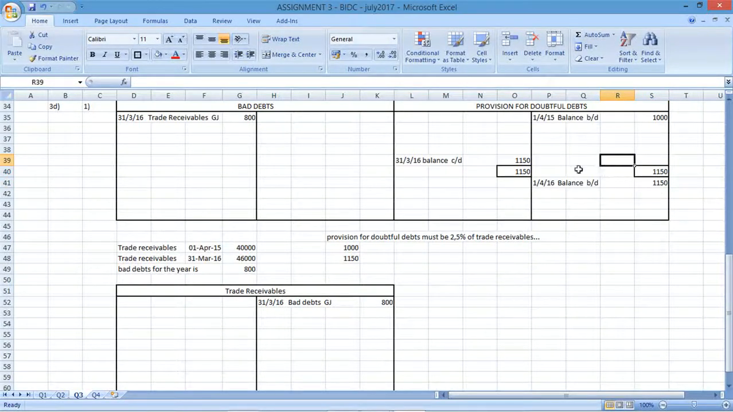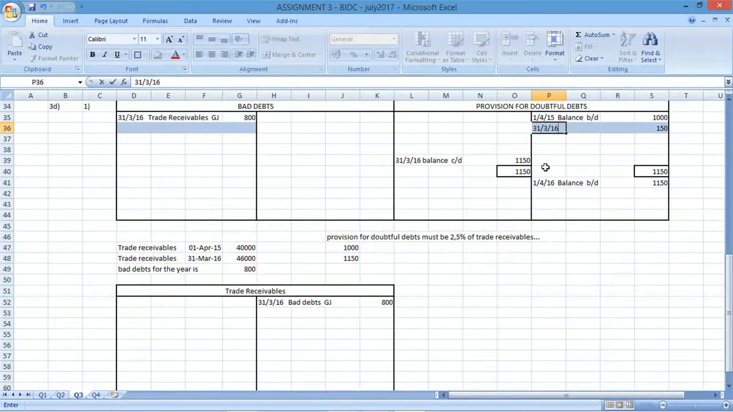So the missing figure would then be an amount of 150, which is what you would provide for as bad debt as an adjustment. So you would have 31st of the 3rd 2016 bad debts, general journal. This would be an adjustment for the provision, which would then be 31st of the 3rd